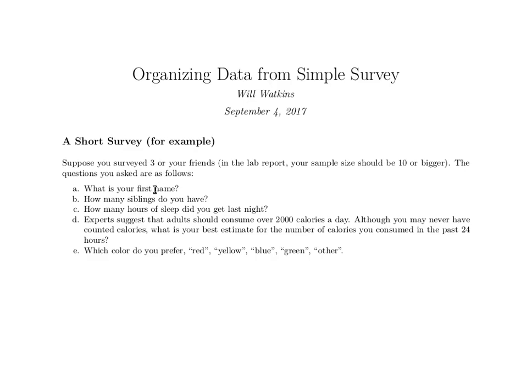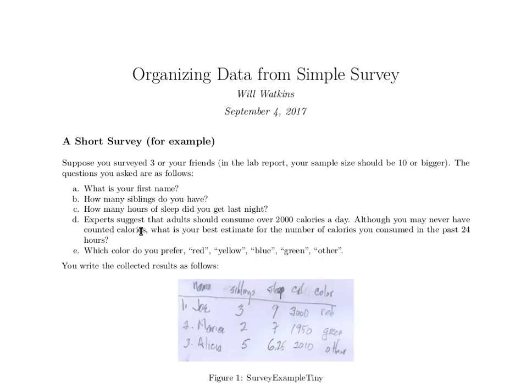about each one of them: their name, how many siblings they have, how many hours of sleep they got last night, and have them estimate how many calories they consumed yesterday and what their favorite color is. So here's my survey data. I talked to Joe, Maria, and Alicia. Joe had 3 siblings, Maria 2, and Alicia 5. And there's the information about the hours of sleep they had, the number of calories they estimated they consumed, and